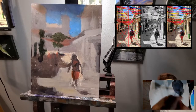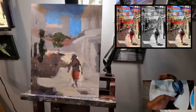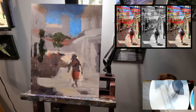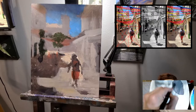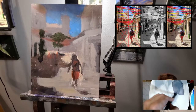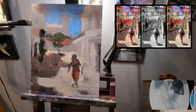Again, we're going back to just really simple shapes because there doesn't need to be a lot of detail in the background. We just have to tell it's in shadow, and we don't really want our eyes drawn there. And honestly, kind of the same here. Like, we just want